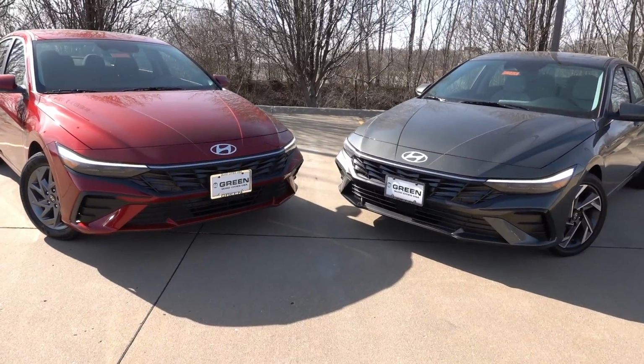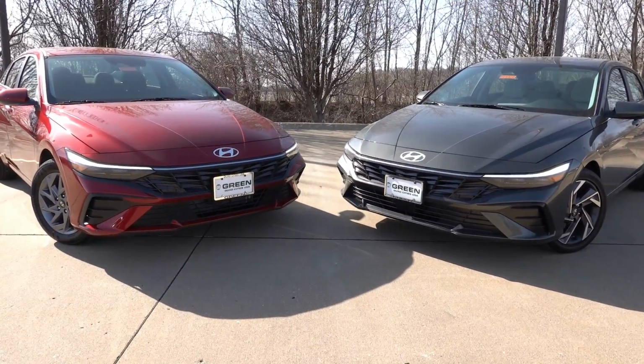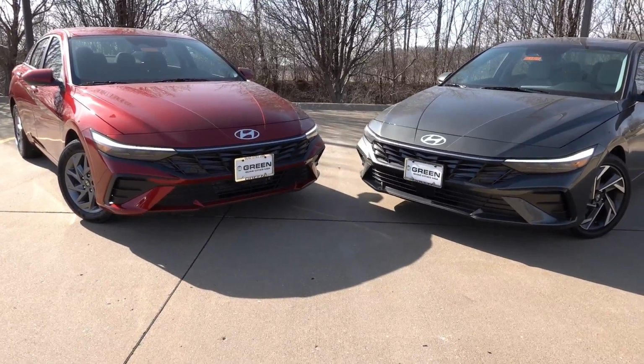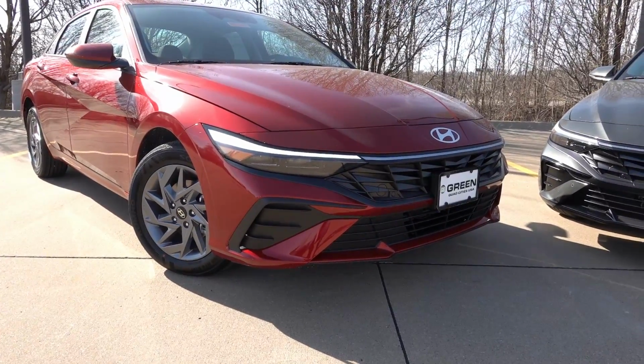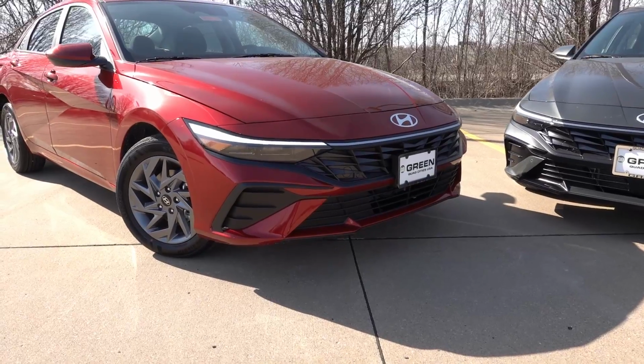Now take a look at the front end of each of these two. They're actually going to be very, very similar and much more similar than one would expect, considering the differences in not only the price point, but also the trim levels as well. So starting over here on the Blue Hybrid, this is going to have full LED headlights for the 2024 model year across the board. So you have your LED projector headlights, LED daytime running lights, and turn signals in that